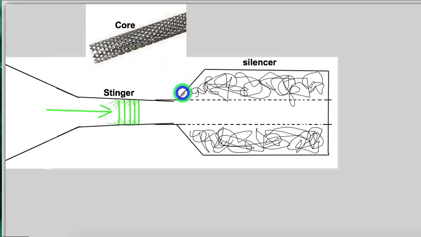So the question is, how long does the stinger need to be? That cart that Blair tested had a high power band all the way up to 13,000. And my program says that if there's no crud on the inside of the stinger, a 2.5-inch silencer is long enough.